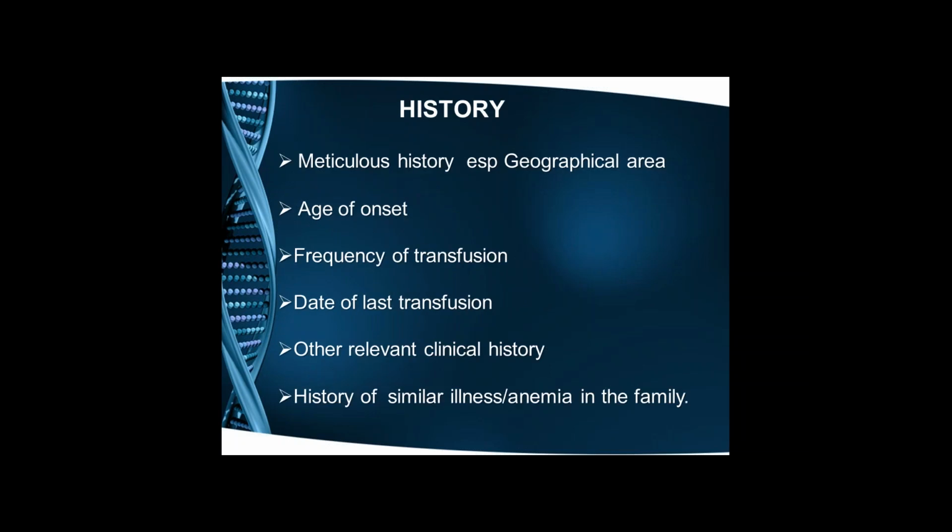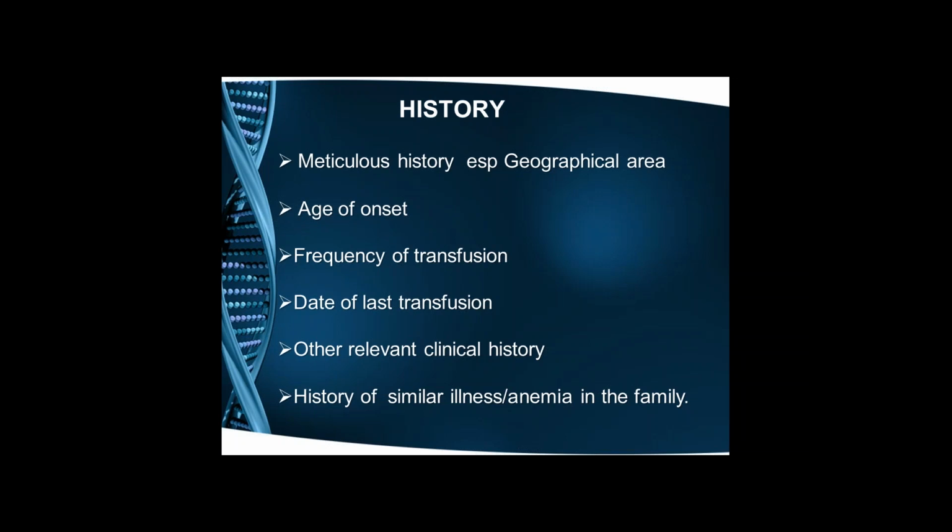So today we will be talking mainly about the cation exchange HPLC. The history is very important, especially the geographical area to which the patient belongs. There are geographical areas with particular types of hemoglobinopathies. The eastern part of our country has hemoglobin E, which is rampant there. In central India, the tribal belt where I work, sickle cell disease is very common. And in the northern part of the country, thalassemia is very common. And of course, in a cosmopolitan environment,